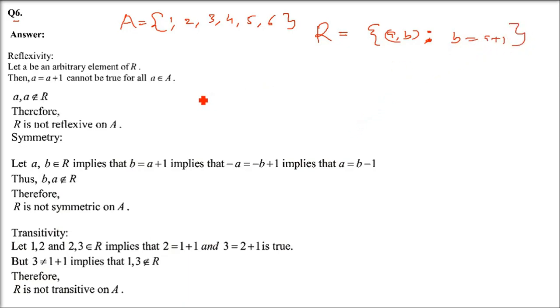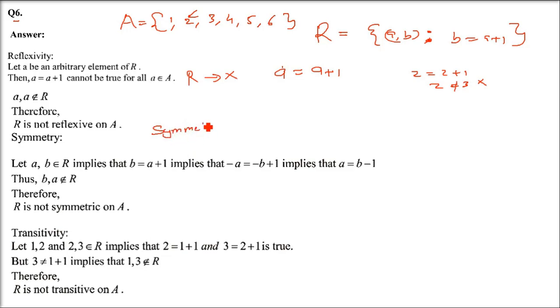Now the important thing is this is an NCERT question. So whether it is reflexive, symmetric and transitive, let us start with reflexive. In reflexive, I told you wherever b is there, put a. Both will be a. So a is a plus 1. Is it possible? Never. This cannot be true ever. Just take an example, put 2, take any value, 2 plus 1, 2 not equal to 3. Now this is not reflexive.